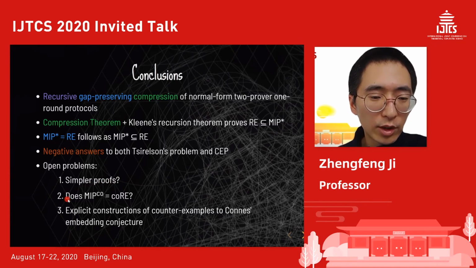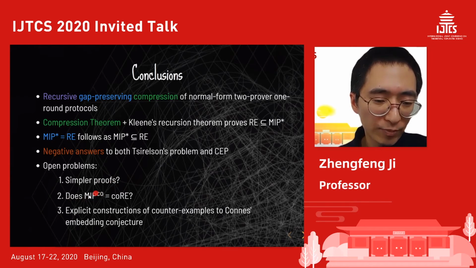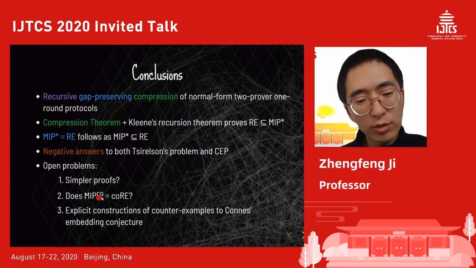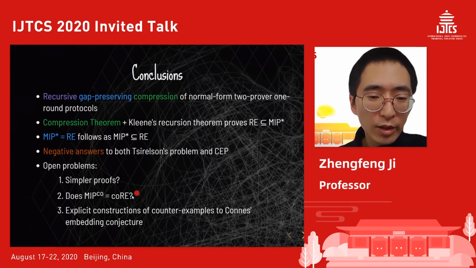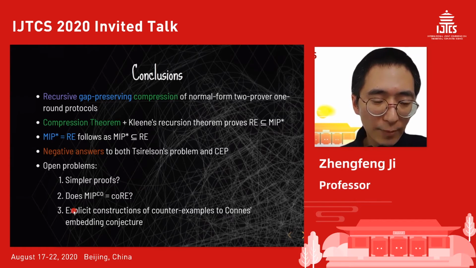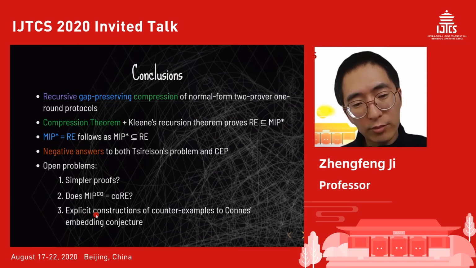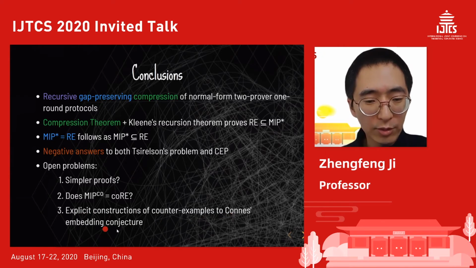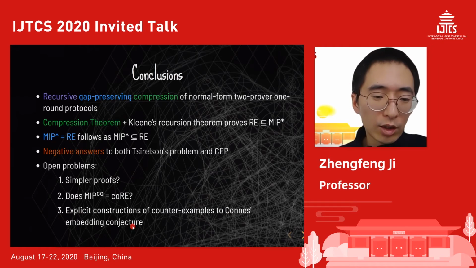And an interesting question is what's the power of the commuting operator model? We believe that it's co-RE, but for that we need to develop another version of quantum low degree test, and for the explicit construction of counterexamples to Connes' embedding problem conjecture,